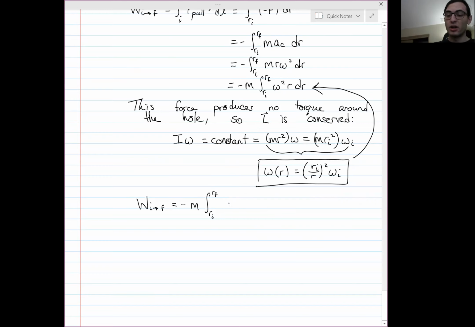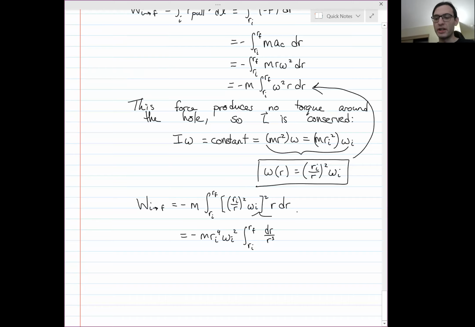And then we have to substitute in omega squared. This is Ri divided by r squared omega I, all squared, r dr. And so we can do some cheeky factorization: M Ri to the fourth omega I squared, integral from Ri to Rf, and then it's just dr divided by r cubed. All I did was multiply this out and then factor out the constant terms, the things that are just